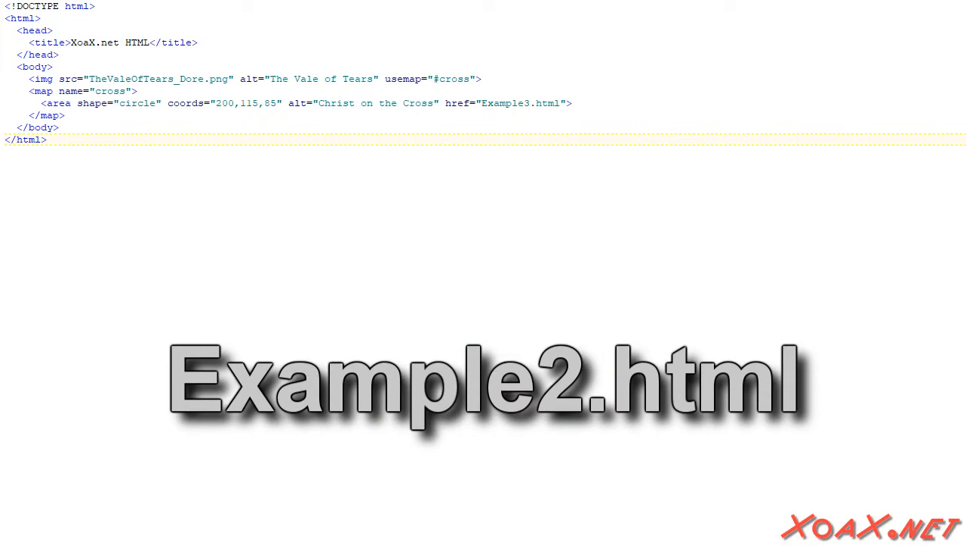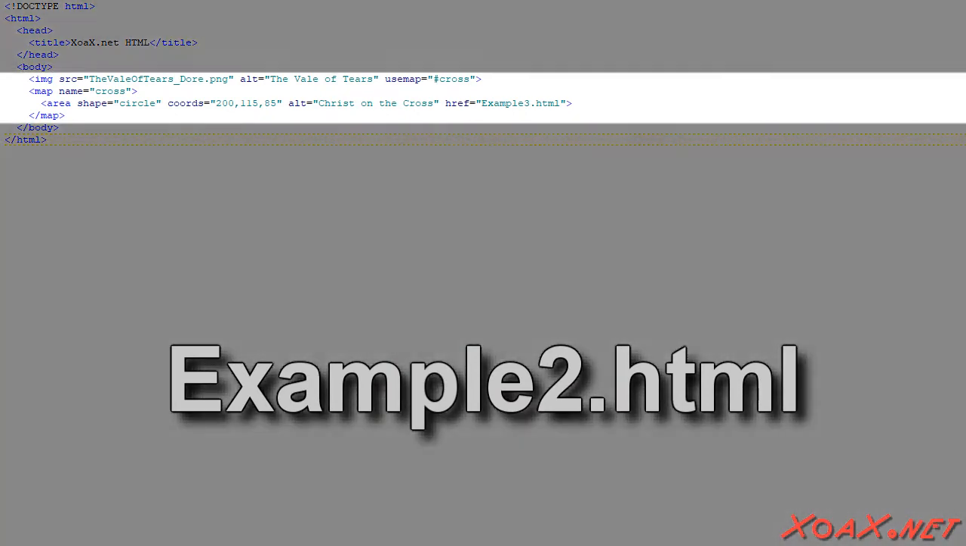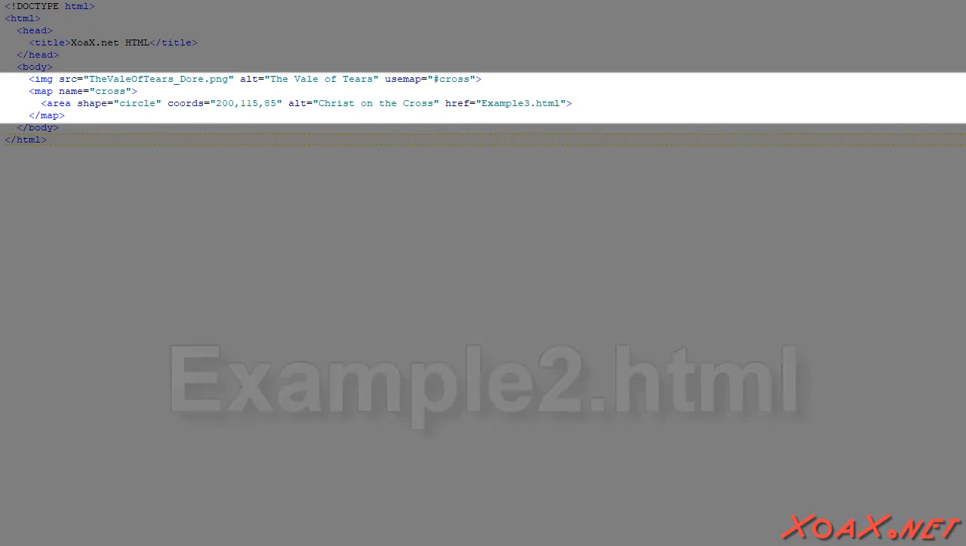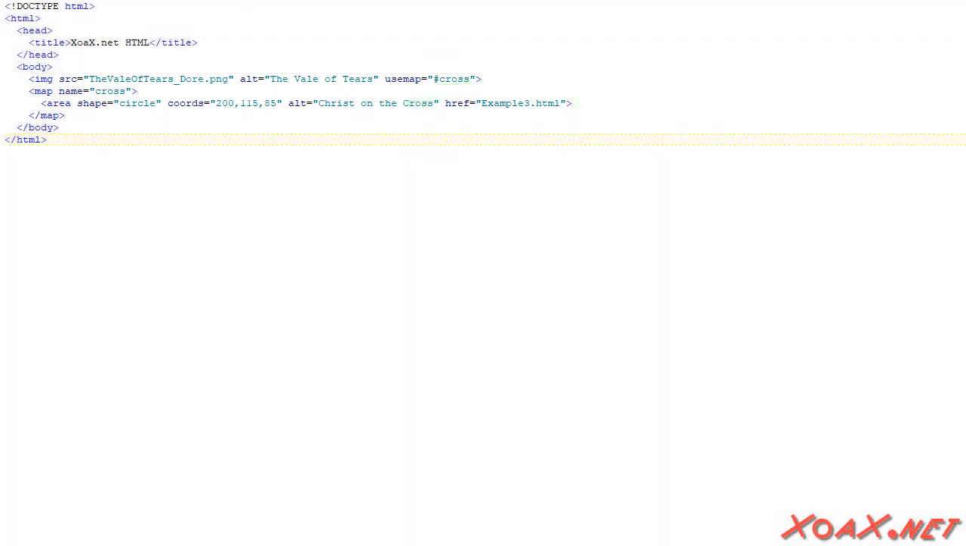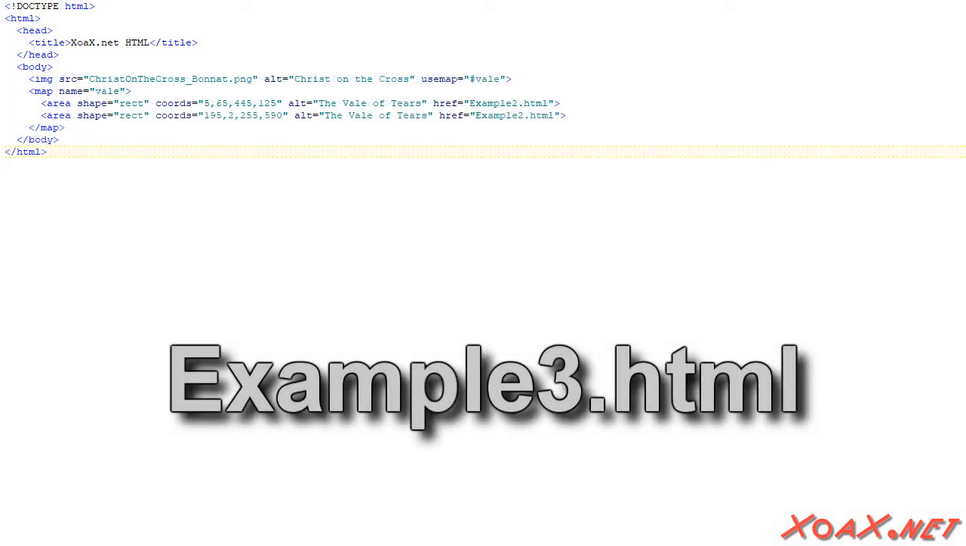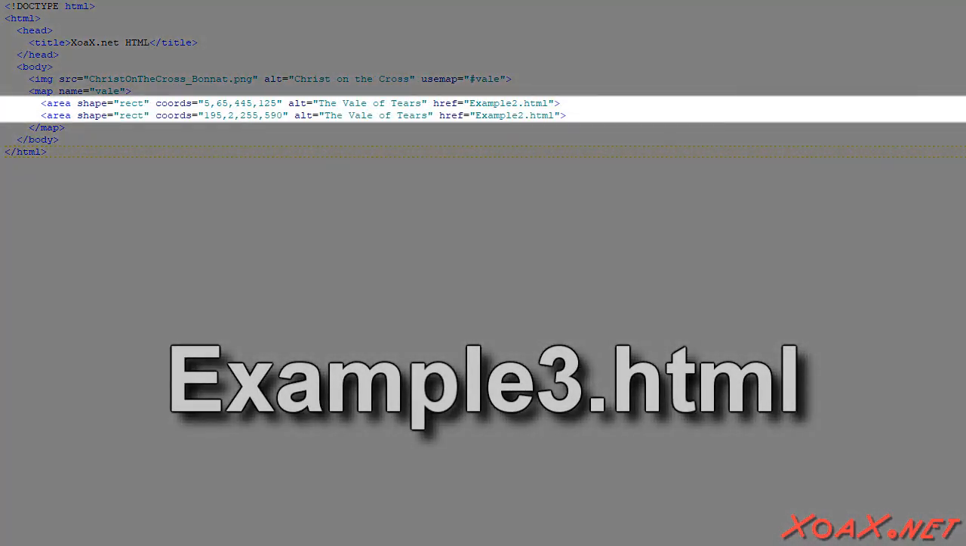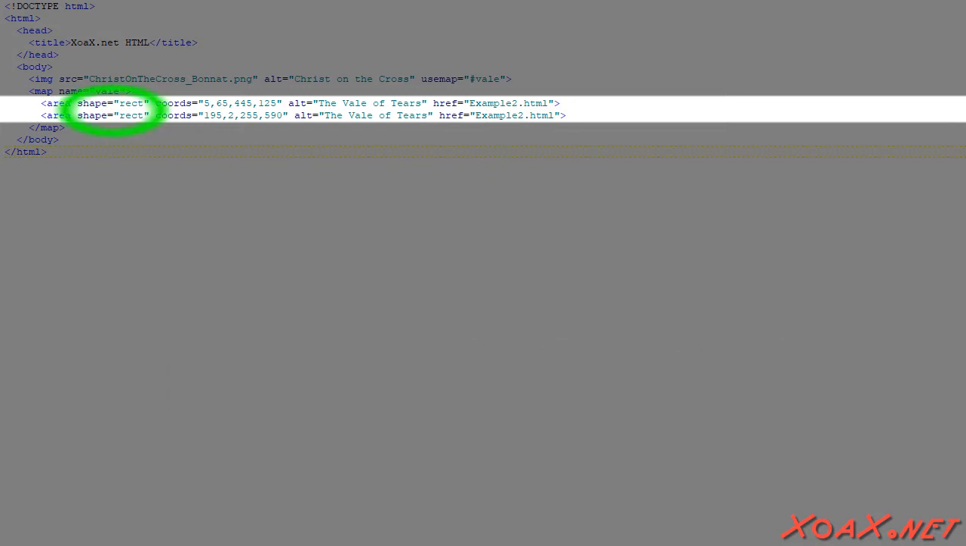Our second example looks very much like our first example. We have an image and a map with a circle in it. The main difference is that instead of linking to an image, we are linking to another document, named Example 3. This document is slightly different. It is another document with an image map. However, the map contains not one area, but two areas, and these areas are both rectangles. Not only that, both of these rectangles link back to our last document,